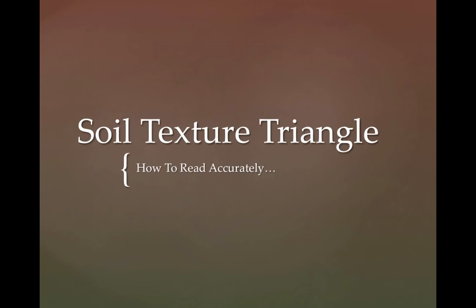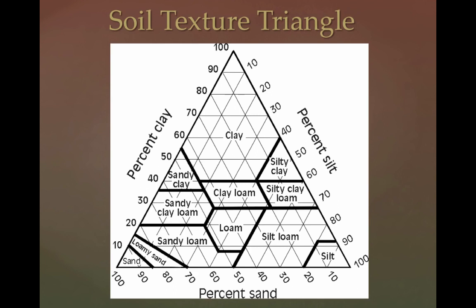Alright guys, now that you have successfully measured the compositions of the different sediments in your soil sample, we need to learn how to read the soil texture triangle to understand what kind of texture your soil sample has. So this right here is the soil texture triangle, and notice that obviously as a triangle it has three sides,